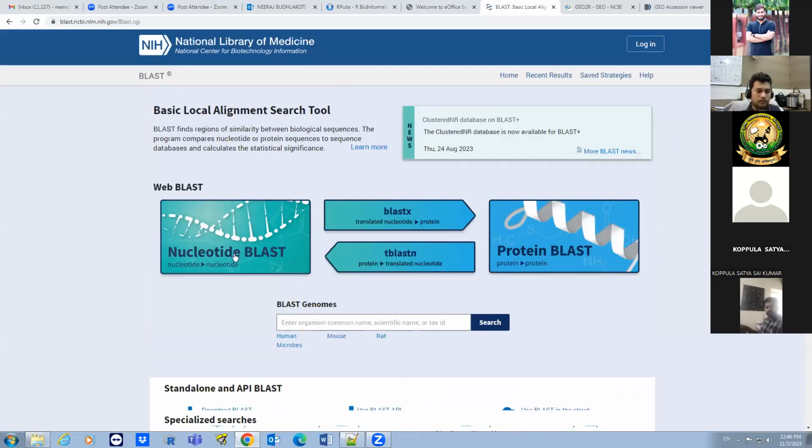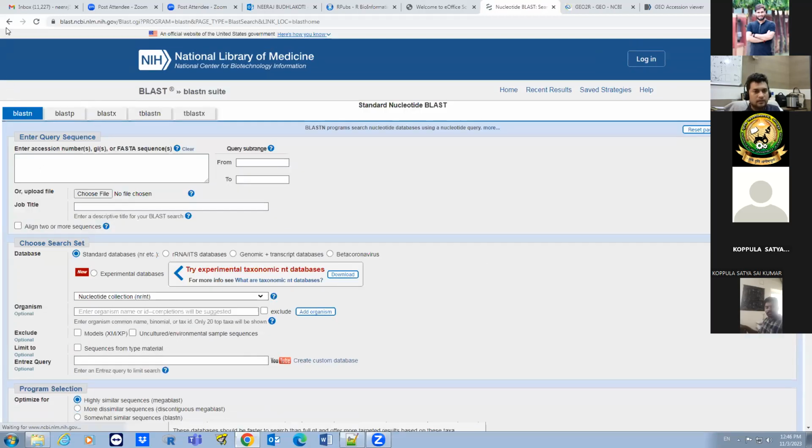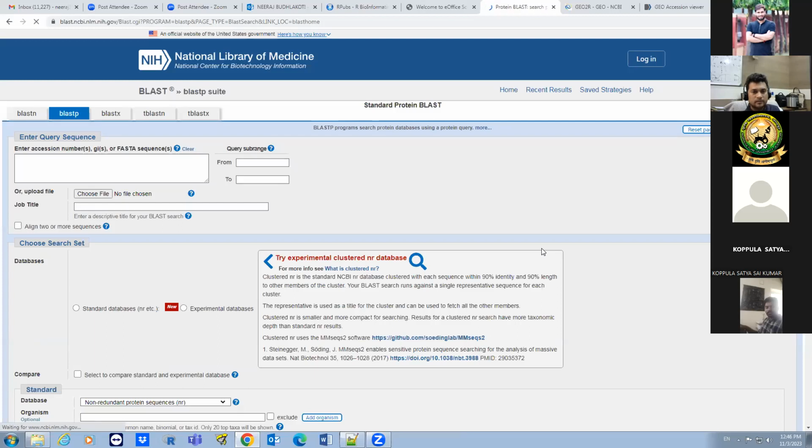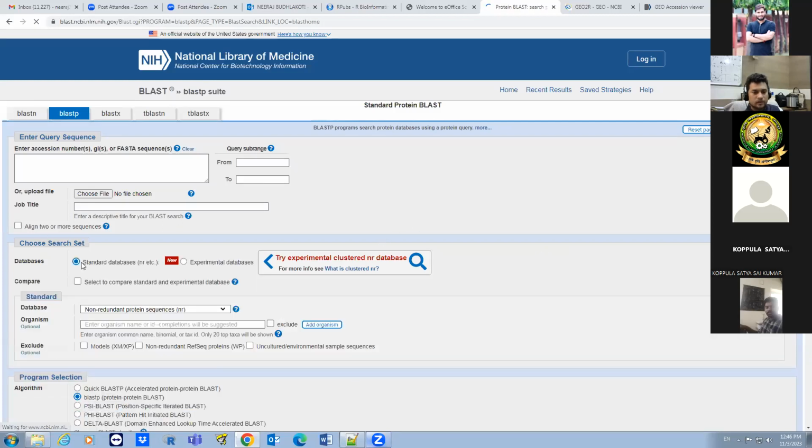Suppose you want to do nucleotide BLAST or protein BLAST. Protein BLAST. You can use any FASTA sequence.